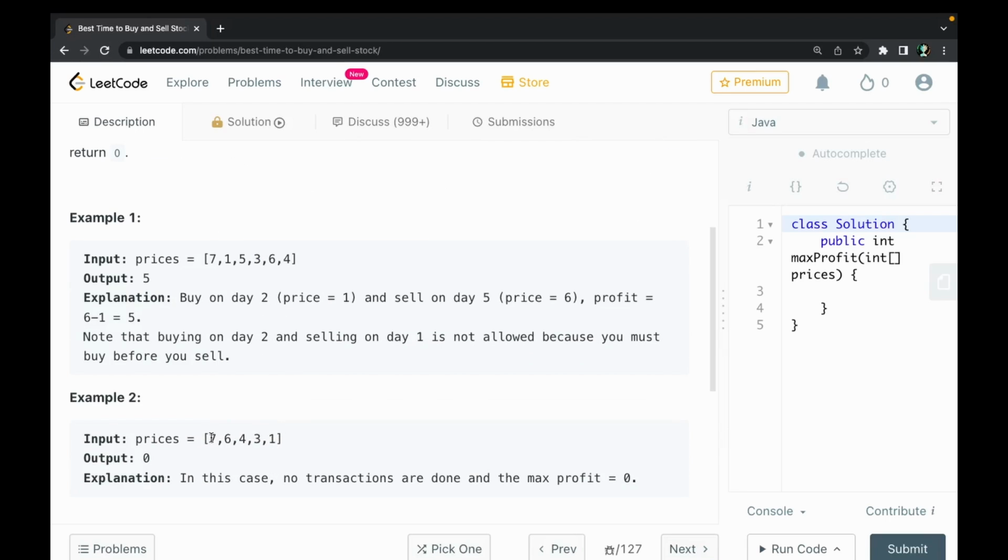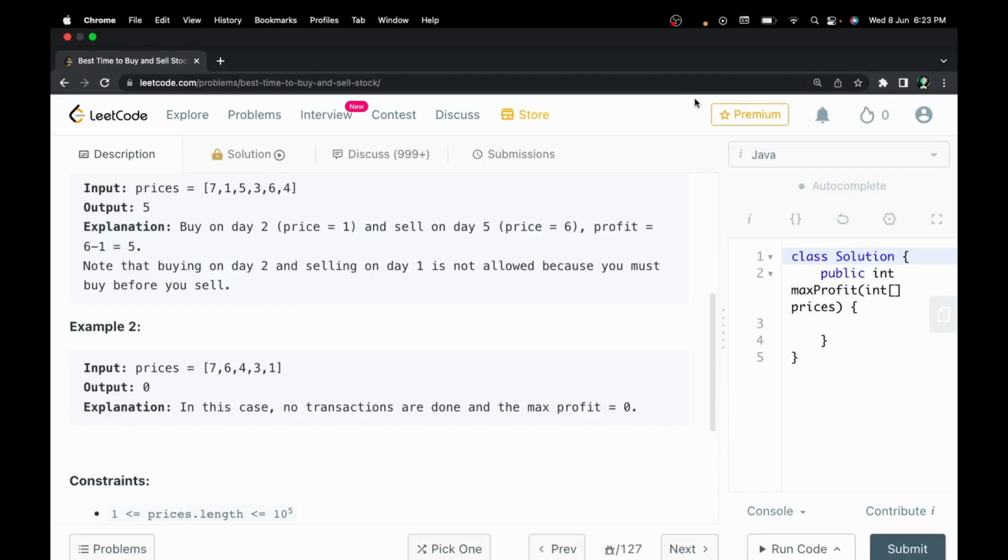Another example is of prices 7 6 4 3 1 for 5 days. You can choose to buy the stock for 6 on day 2 and then sell the stock for 4, 3 or 1, but you cannot choose to sell the stock for 7 once you have bought the stock for 6 on day 2, because 7 is the price of the stock on day 1, not day 2. I hope this makes it clear, because once a price of the stock has passed by, you cannot sell or buy that stock at that price again. So 6 is the price on day 2, not 7.